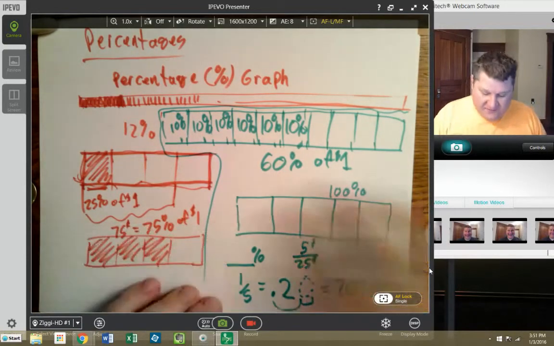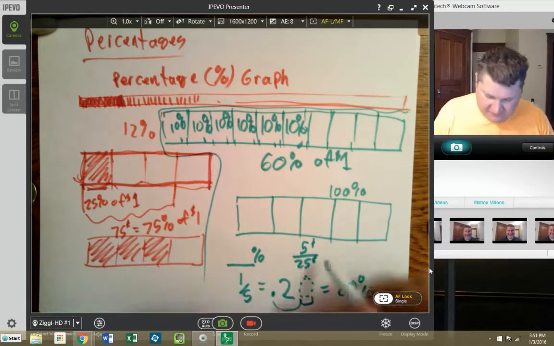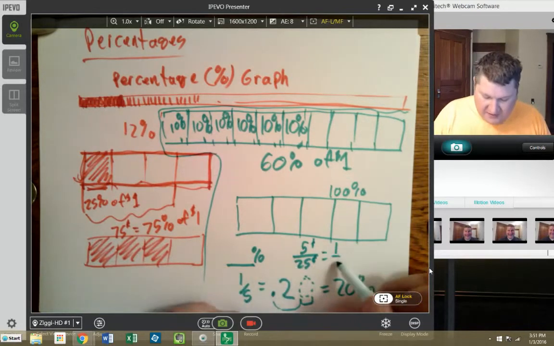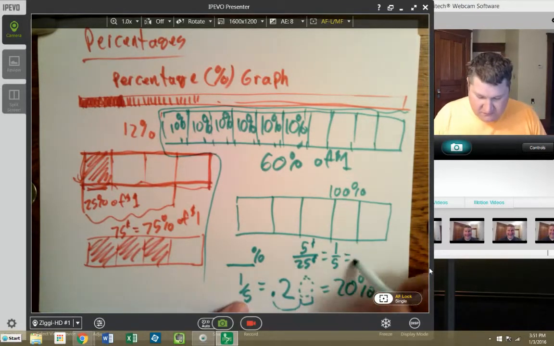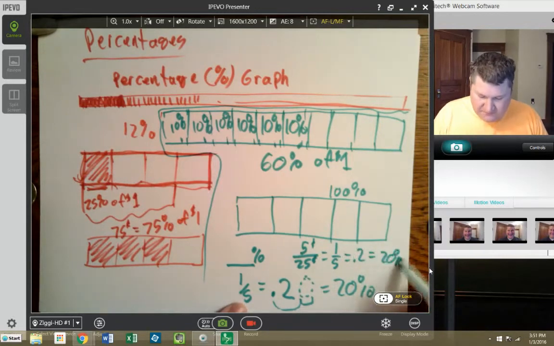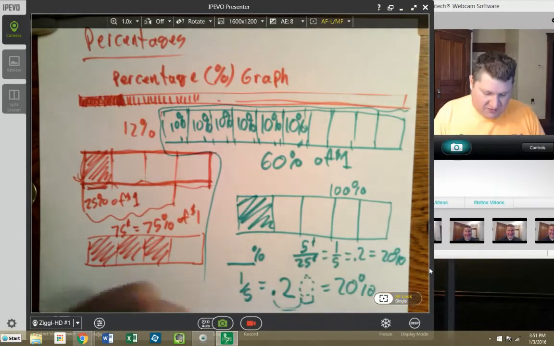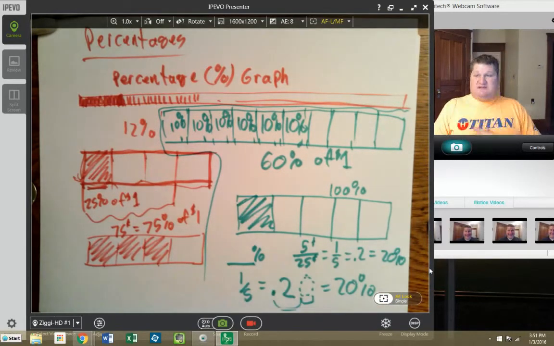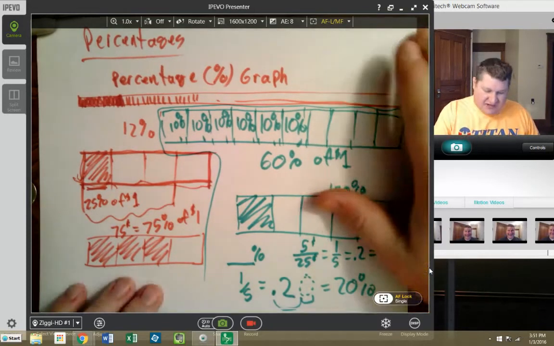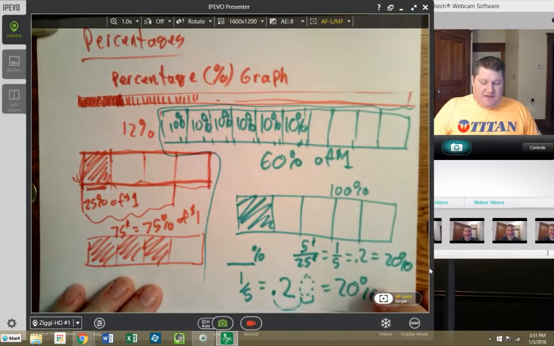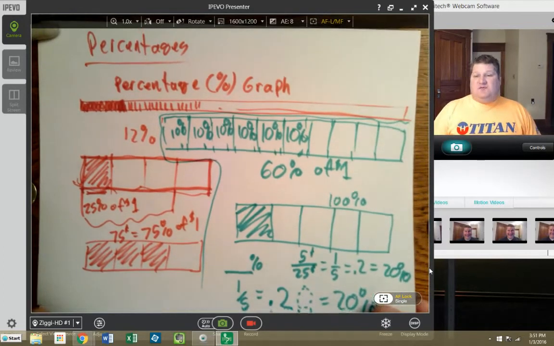So if I had 5 cents out of 25 cents, I could reduce that, and that turns into 1/5, which is 0.2, which is 20%. So in this case, one of these blocks would be 20%. So those are a couple ways to take a look at percentages, decimals, and fractions, and to make some percentage graphs. So hopefully percentage graphs will be helpful to you. Now, let's